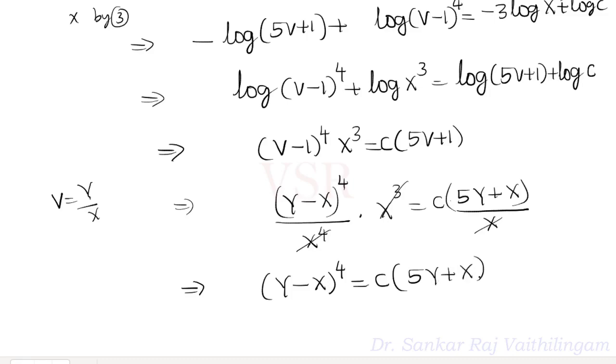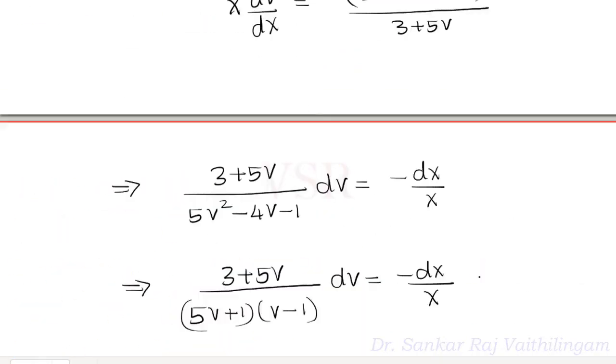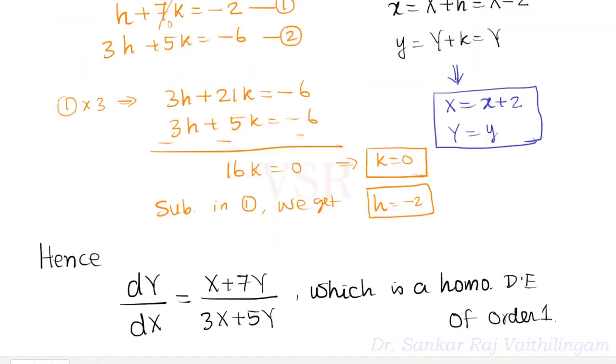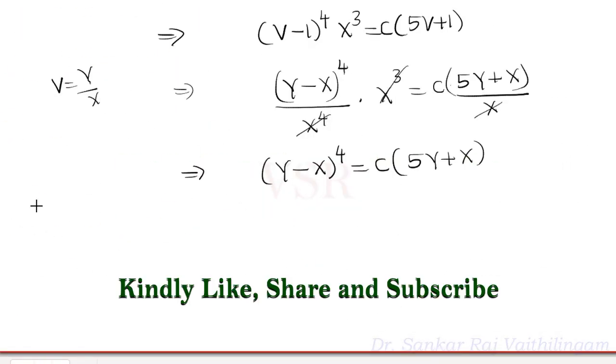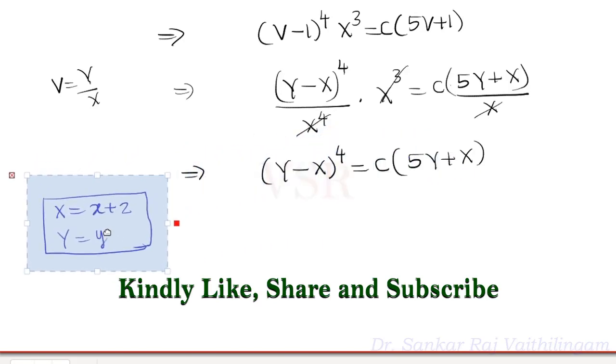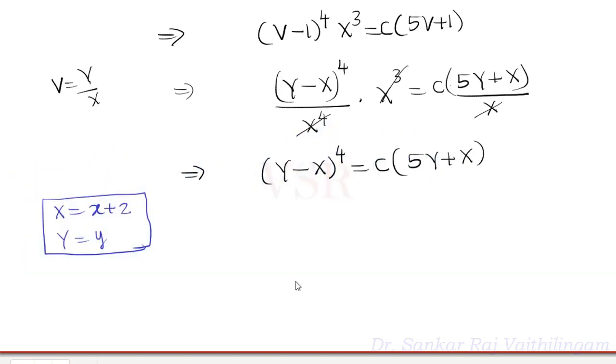Now we have to substitute for y and x as given in the problem. We bring the problem here. So we substitute: small y for y, and x plus 2 for x. So this implies y minus x minus 2 the whole power 4 is equal to c times